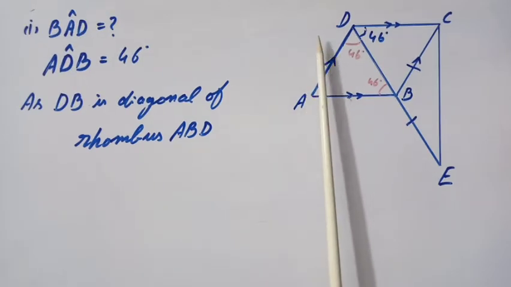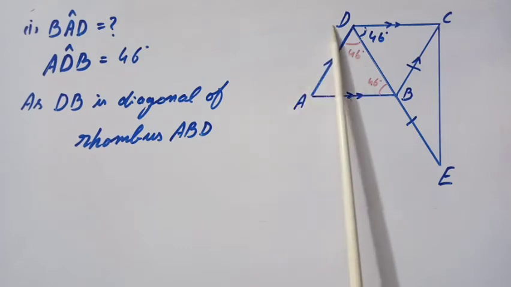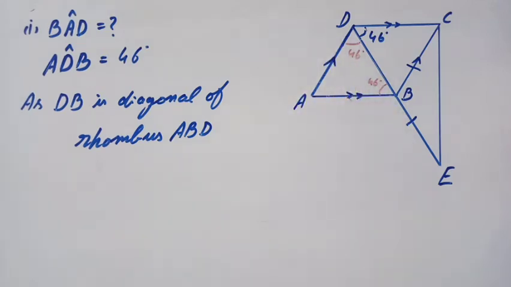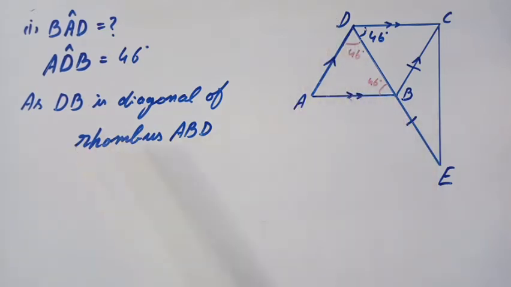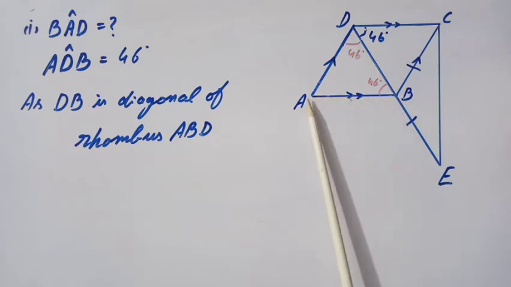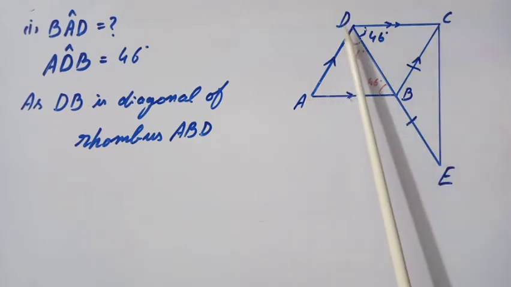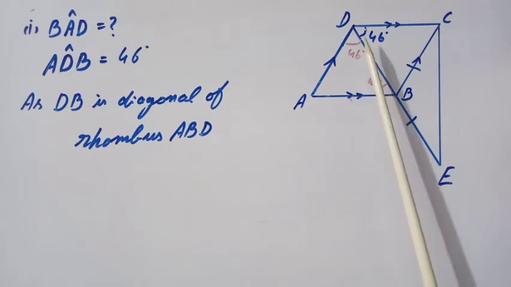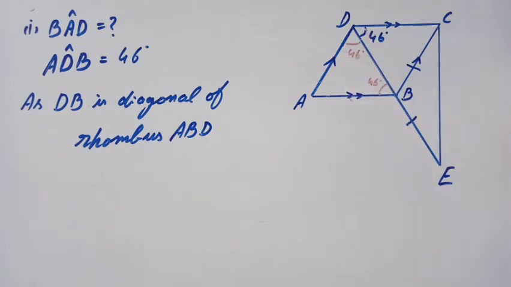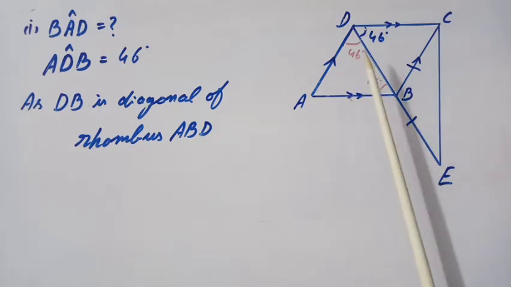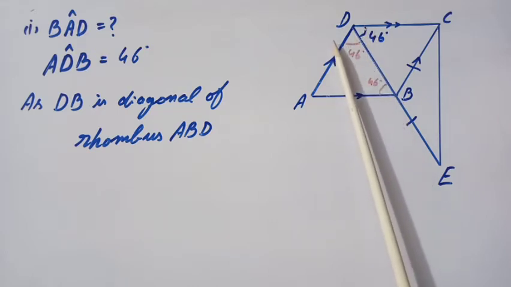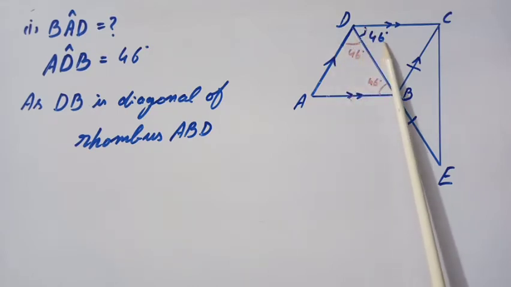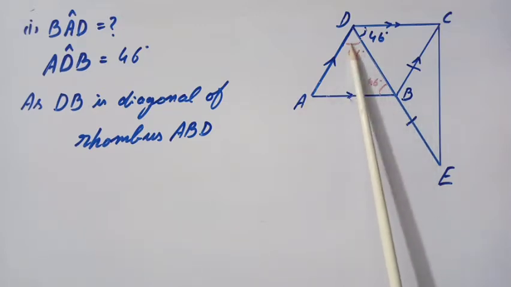This angle ADB is 46 degree. Why? Because BD is working as the diagonal of the rhombus ABCD. So ये जो diagonal होते हैं ये इंटीरियर एंगल्स को दो बराबर हिस्सों में डिवाइड करते हैं. सो ये इंटीरियर एंगल जो है इस rhombus का इंटरनल एंगल वो दो बराबर हिस्सों में डिवाइड हुआ. सो ये 46 है तो ये भी 46 है. क्लियर हो गया? अच्छा. And this angle is equal to this one.